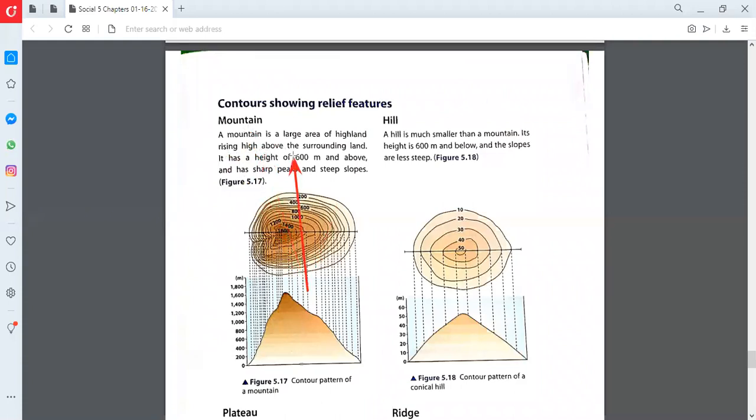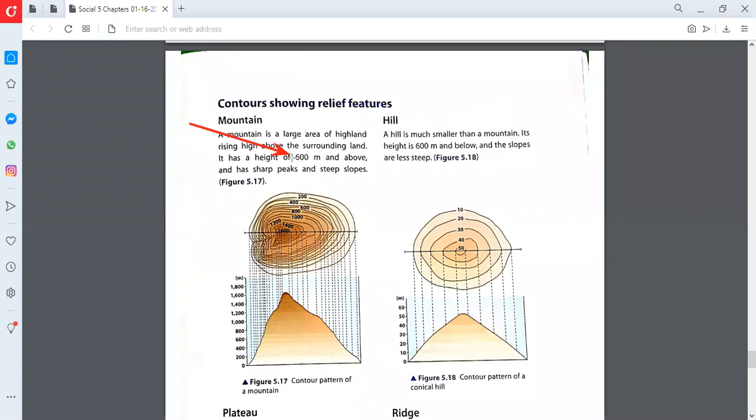A mountain is a large area of high land. The name is just showing that it's land which is high. A mountain is a large area of high land rising high above the surrounding land. So the land of the earth which is raised above the surrounding land is called a mountain. The height of the mountain is 600 meters or above. It is a basic condition for the mountain